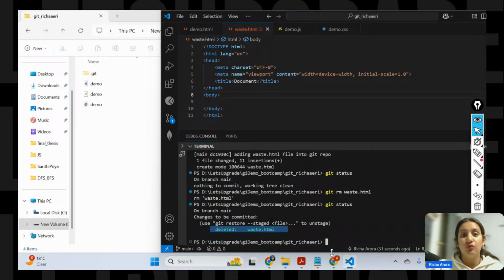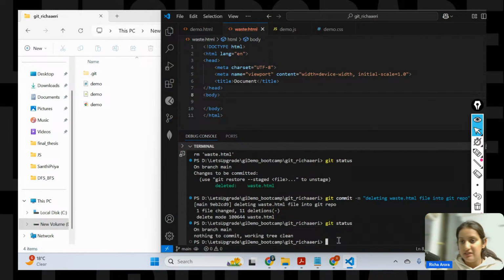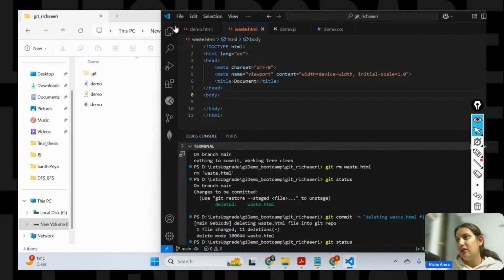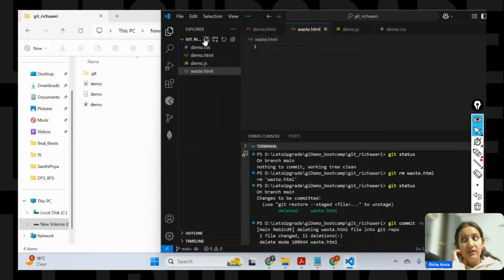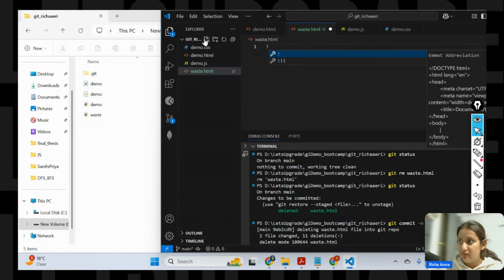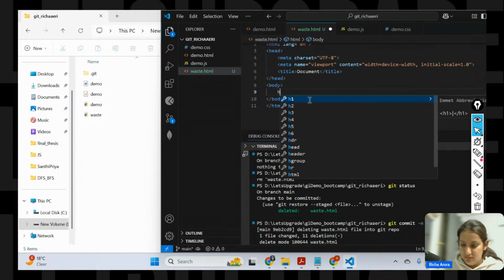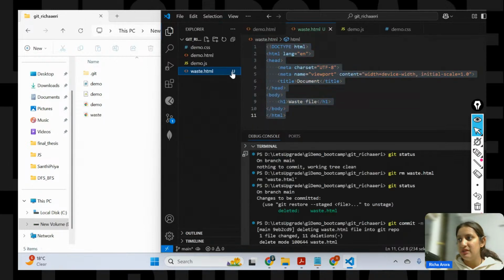But what if you don't want to remove the file permanently from the folder, but you don't want to make it a part of your repo again? Then at that time there is one more command that I will show you. But first of all, let me perform a git adding, deleting, check with git status, it is now not present here. Now I'll create this file again, waste.html, all right, and let me come here, h1 waste file, and save it. Right now this is untracked,